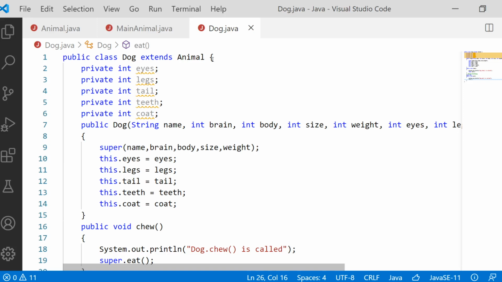Every son will resemble the father in some attributes like color, eyes, nose, height or weight. So the son inherits the attributes and behavior of a father. Similarly here, Dog is inheriting the attributes and behavior of the class Animal.